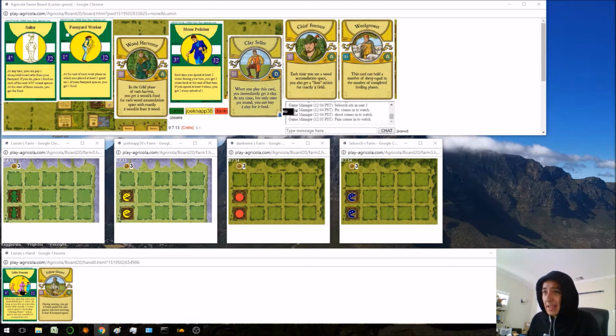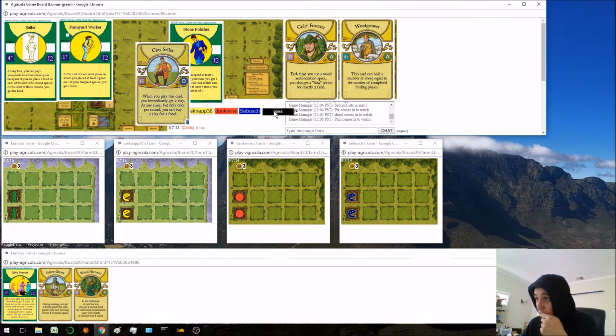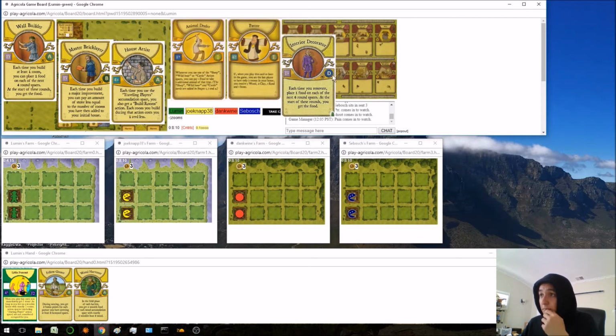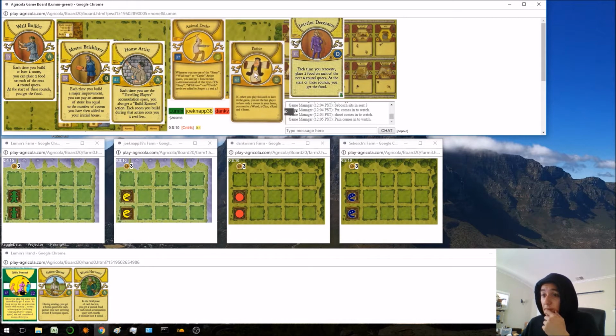Wood Harvester is okay. Farmyard Worker is terrible. Salter is terrible. Clay Seller is okay. Chief Forester is bad. Wool Grower is bad. Little Peasant might not be going to Clay. Pastor is good for my game, but...